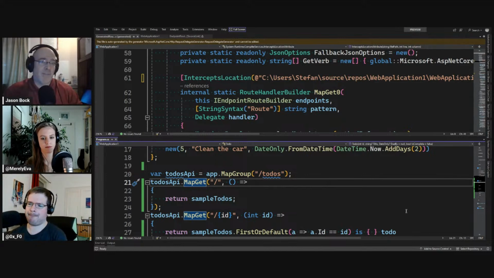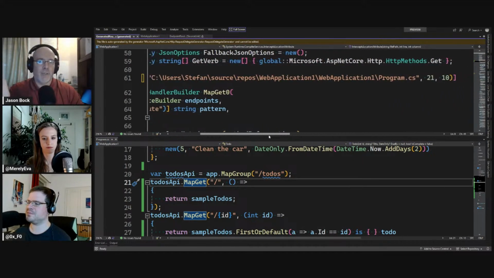They can be static, they can be instance. It doesn't really matter. But what does matter is that it's something within your code. So in this case, that map get, if you go to your top pane and you see the intercepts location there, that has the full name of the file where you want to do the interception.